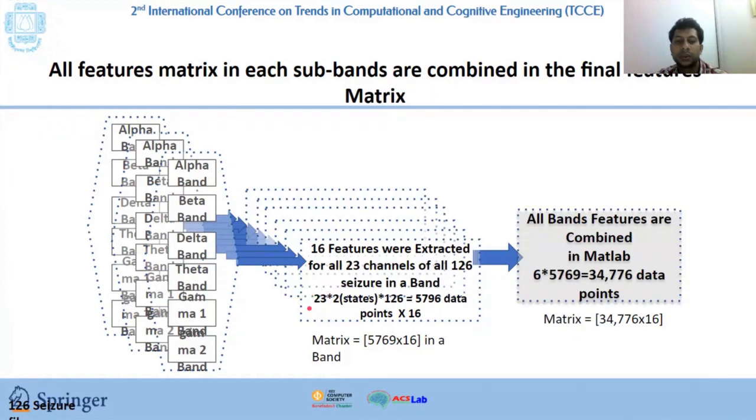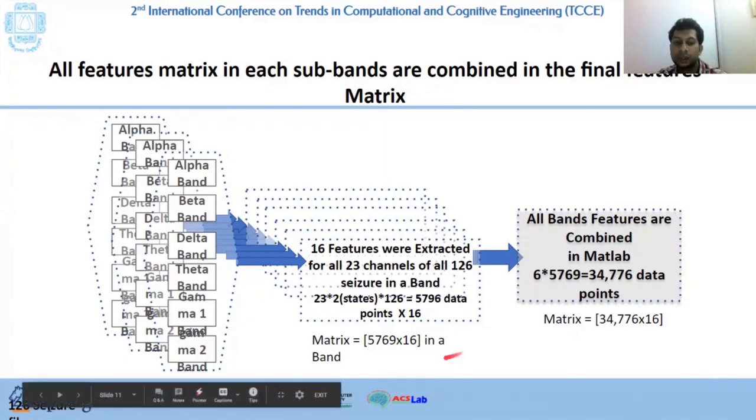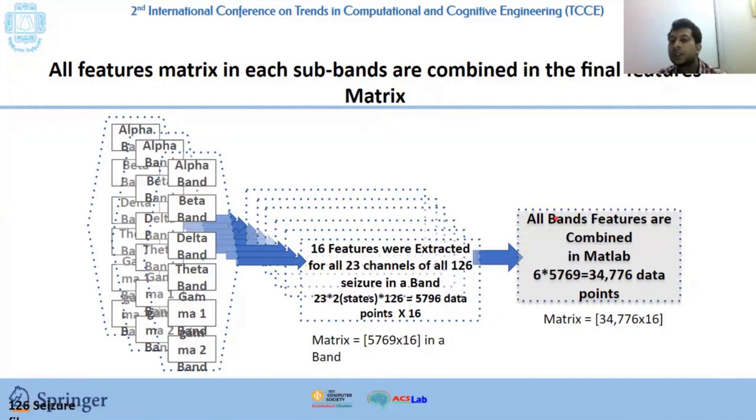And after that, with 23 channels, 2 states, and 126 patients or records, we have 5,796 data points into 16. That much data has been extracted in terms of 16 features, and all those bands' features were combined in MATLAB, and 6 times the number of data points gives you